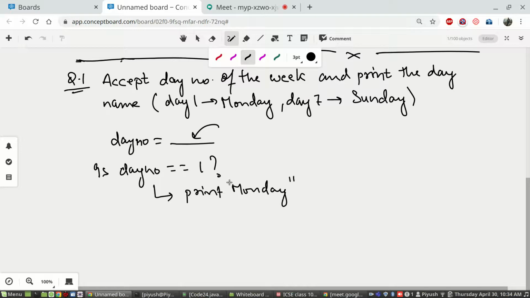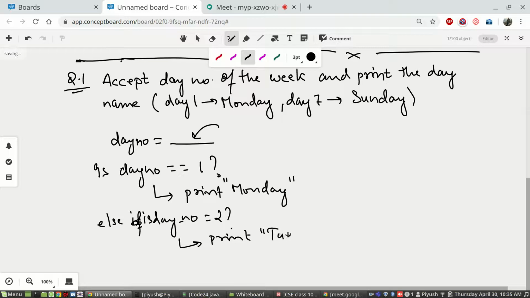I'm just writing a rough program. Else, if day number is equal to 2, in that case you will print Tuesday.